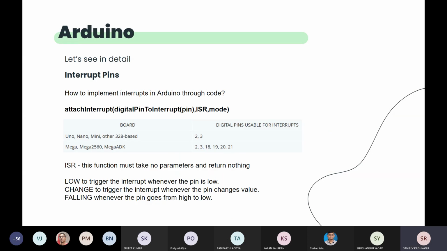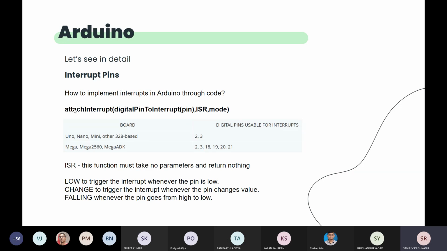Now how is it being done? It is done using a function called attachInterrupt, which we have to define inside setup. This is an initial setup, which we have to tell the Arduino beforehand: if some interrupt happens, stop there, go to the new function, finish it, and go back. So that's why we tell it in setup.